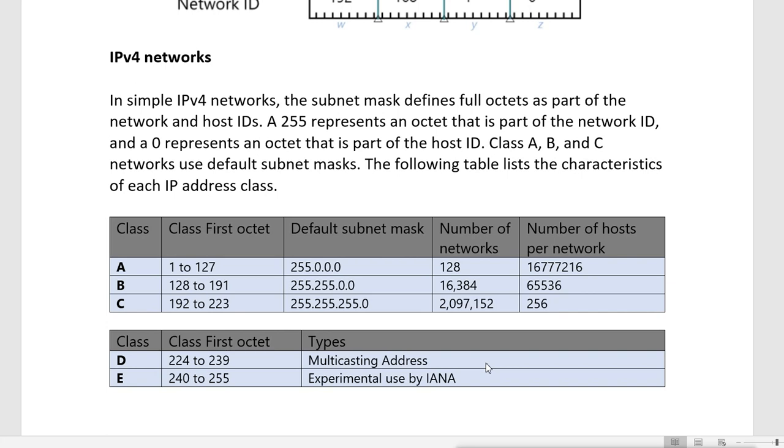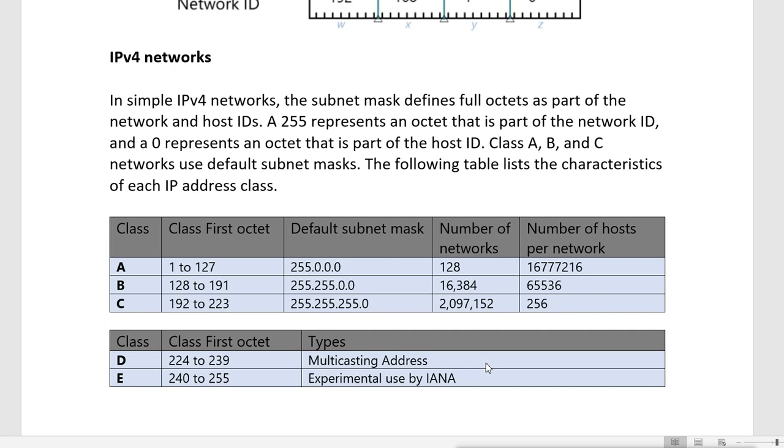Then broadcast. Broadcasting means one to all, like TV or radio broadcast. You cannot say anything, you just have to listen. So these are the IPv4 communication types.